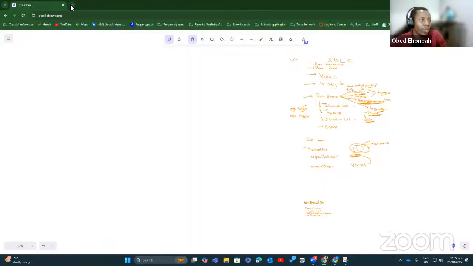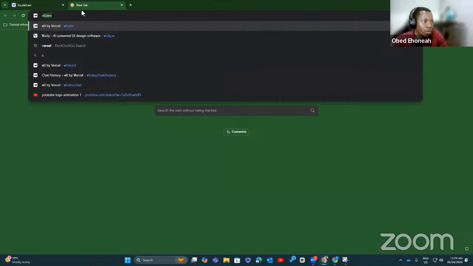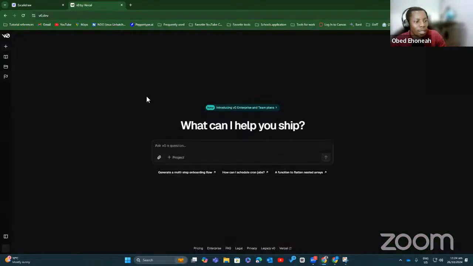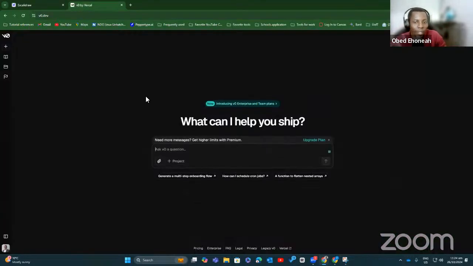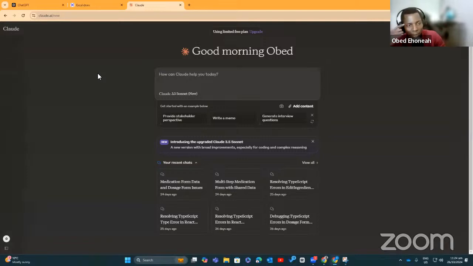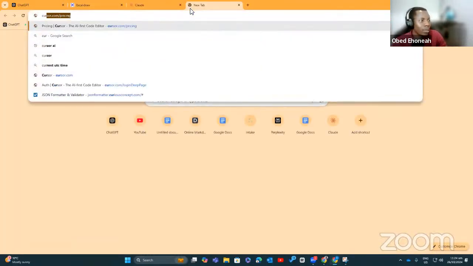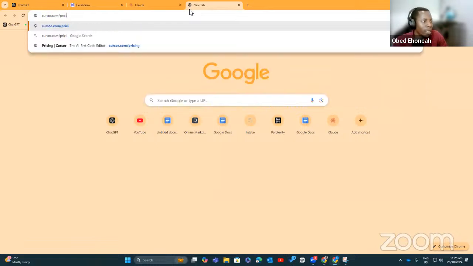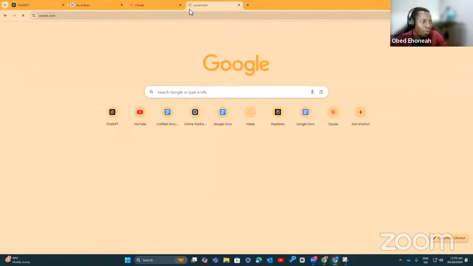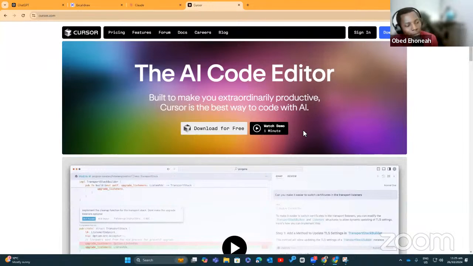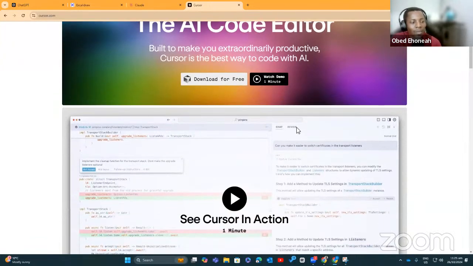Then last week I introduced you to the other Veo. So we'll be using Veo to do our designs. The interface design, we'll use Veo. Then instead of using VS Code as my preferred editor, now we are going to use Cursor AI. And I'm hoping that some of you might have heard it before. If you have not, this is a good time to start exploring it.